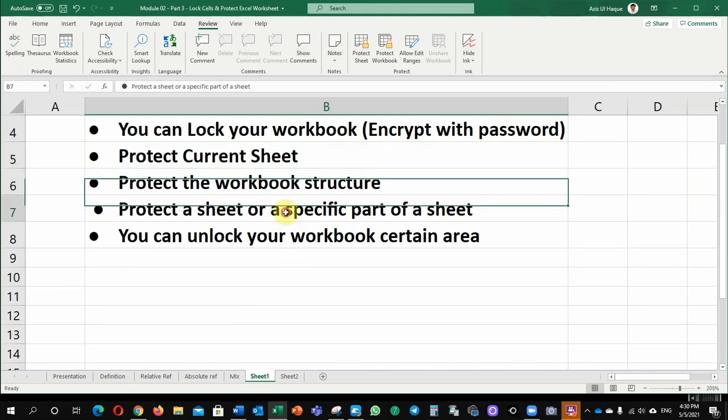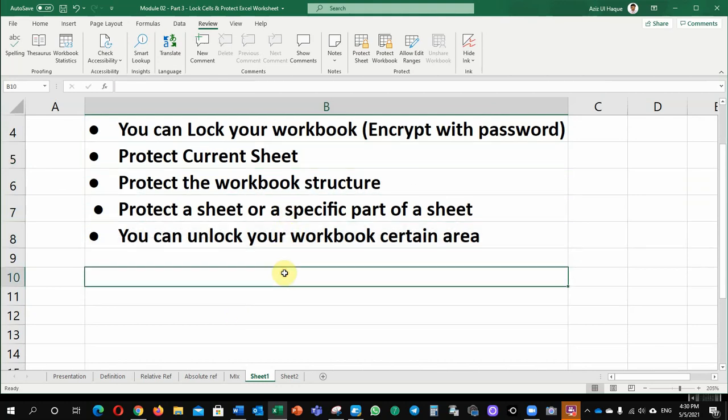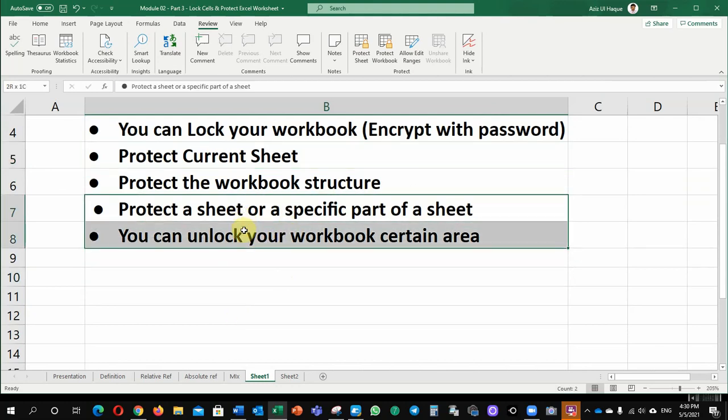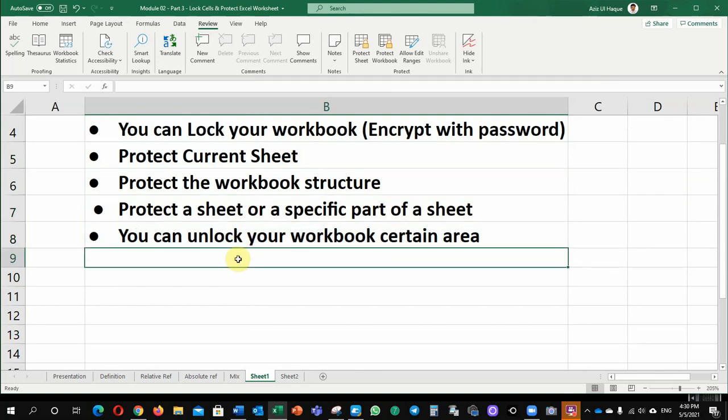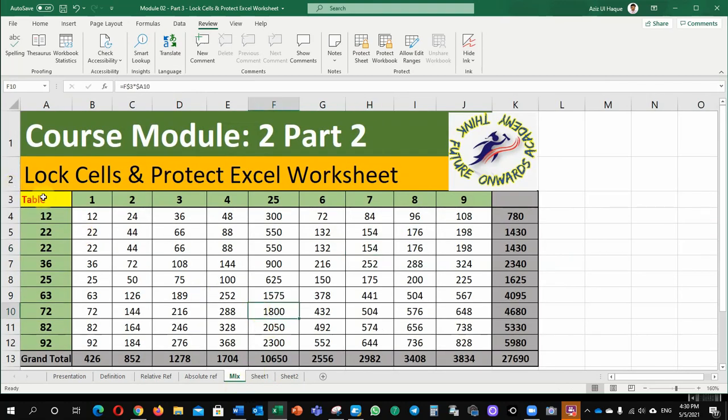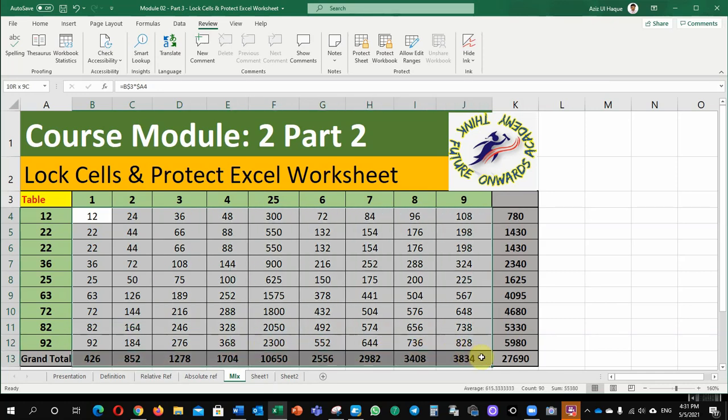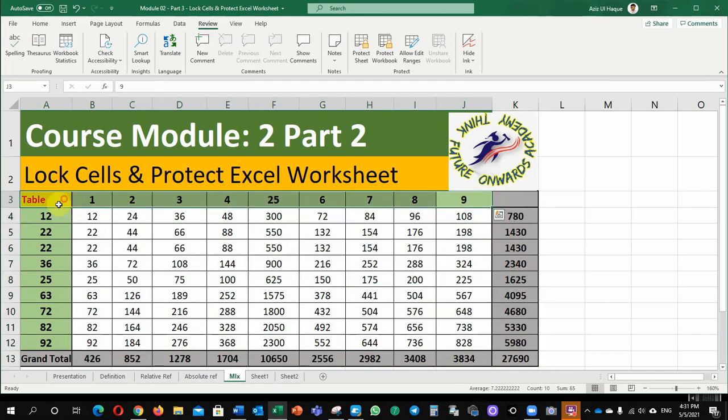Now these two options are very important, which you will need to do many times. For example, I have this worksheet and I want to protect this area so that nobody can make any change here, but here I want to allow them to enter values.